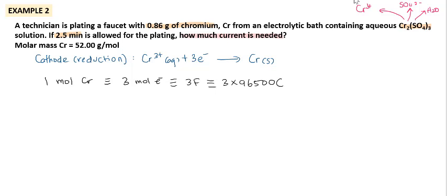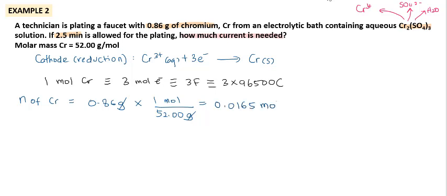To find the current needed, we need the quantity of the charge. Since we have the mass of chromium here, find the number of moles of chromium. So 0.86 gram of chromium times 1 mole divided by 52.00 gram, since 1 mole of chromium has 52 gram of mass. So the number of moles of chromium deposited at the cathode is